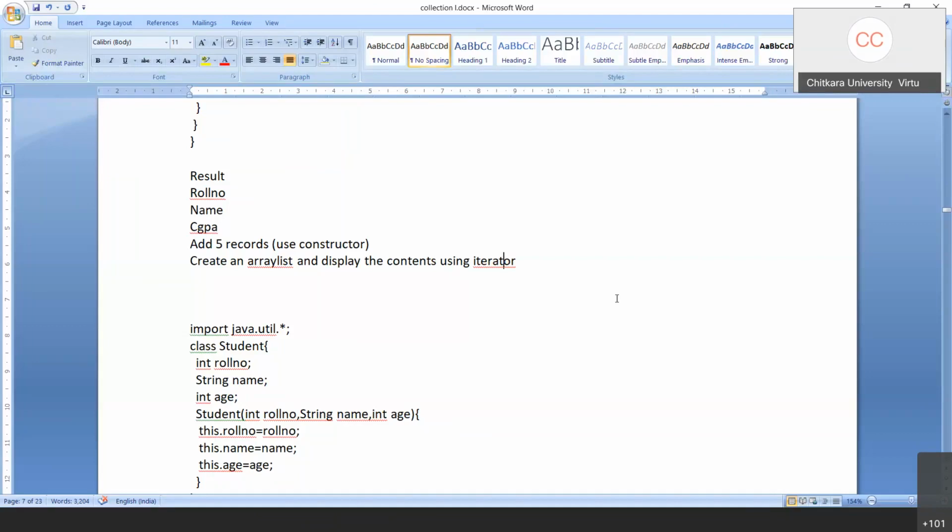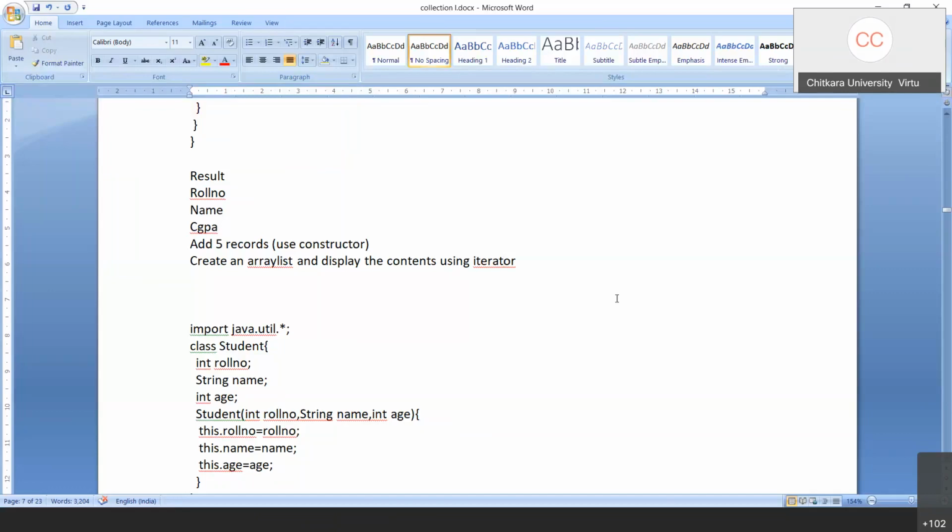What you're supposed to do is create a class result having data members roll number, name and CGPA. Use a constructor to add 5 records in the result. In the main, kindly create an array list of the class result.